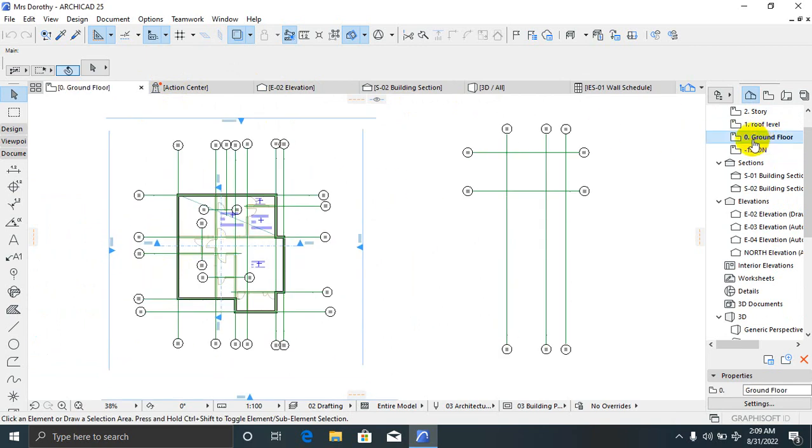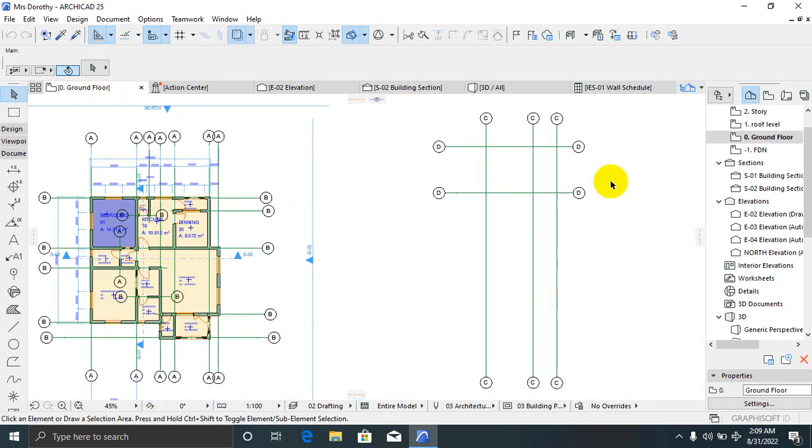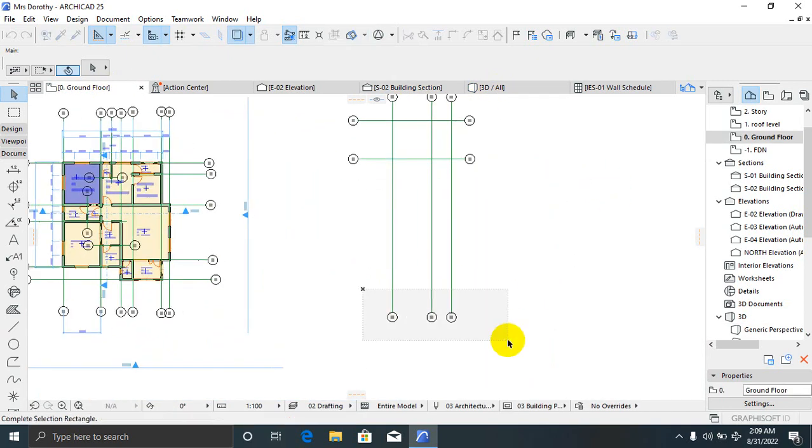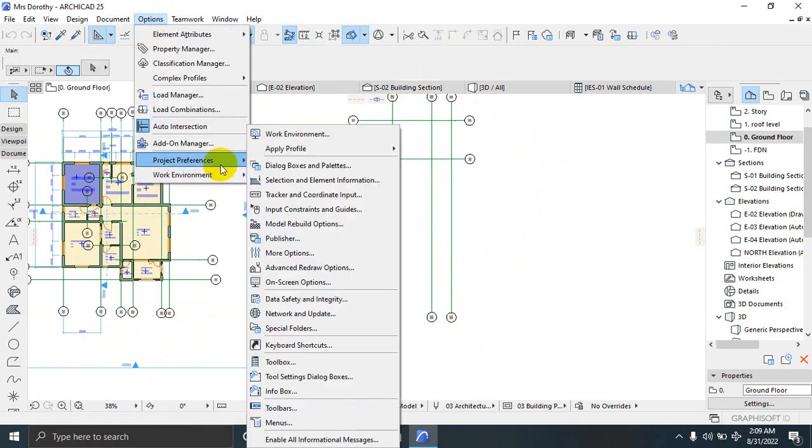Okay, ground floor. Sorry, let me look at my 3D. Okay, my design is still okay. Okay, let me highlight this, and again, lest I forget, if you come under this option, if you go